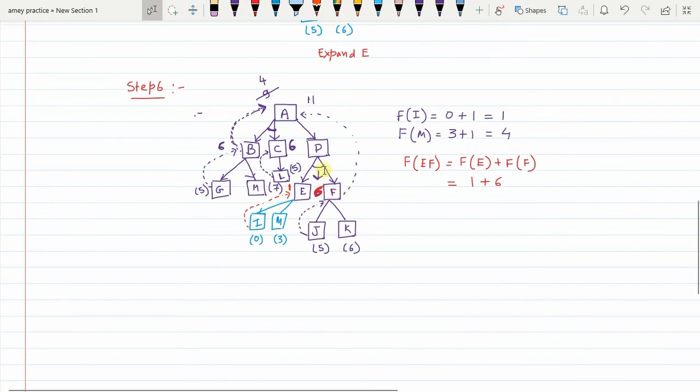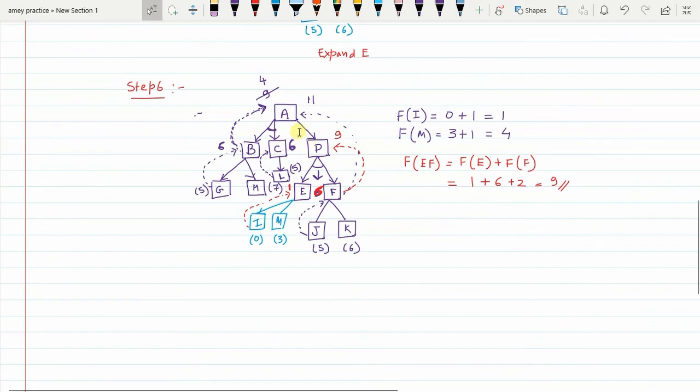And then to get the value for D, we have to also consider the cost along the edges connecting E and F. 1 unit along this edge, 1 unit along this edge. So plus 2, right? So 6 plus 1, 7, plus 2, that is 9. So the value that will be backed up to D will be 9,